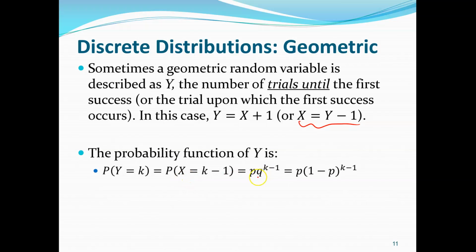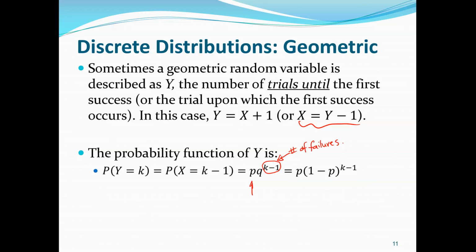And so what happens is there's only going to be one P because there's still only one success. But this time there are k minus 1 failures